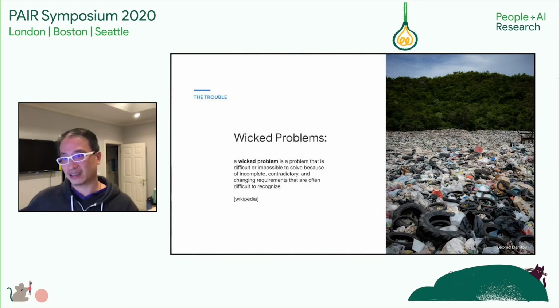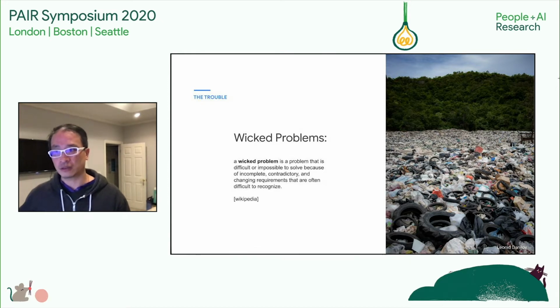The wickedness here, by the way, doesn't refer to the fact that the problem is evil. It just refers to the fact that the problem has a resistance to eventual resolution. In fact, another definition is that the social complexity around the problem is so high that there's no deterministic stopping point. And because of these complex interdependencies, efforts to solve it become very problematic because it just continues to reveal other problems, kind of like peeling back an onion.